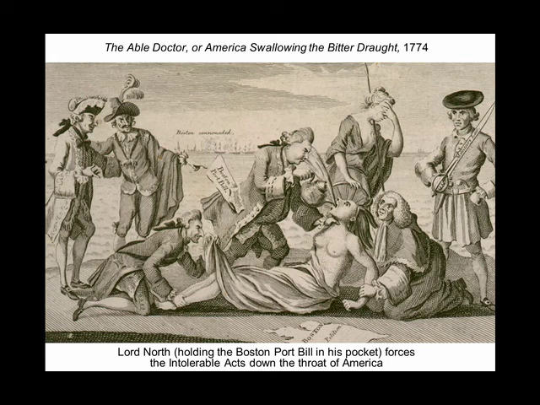As soon as Parliament hears about the Boston Tea Party, they pass what becomes known as the Coercive Acts. The Boston Port Bill closes the Port of Boston until the tax is paid on the tea that's been destroyed. The Massachusetts Government Act suspends the legislature of Massachusetts from governing the colony. The Administration of Justice Act makes sure that soldiers can't be tried for their actions in a colony the way they had in the Boston Massacre. And they also assert the right to quarter soldiers anywhere they want in the colonies.